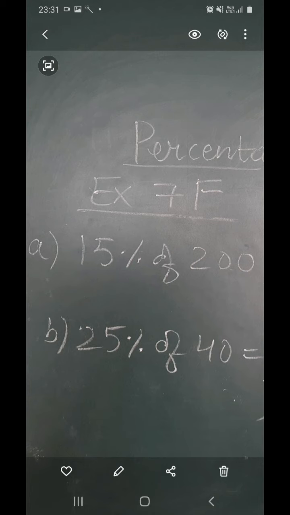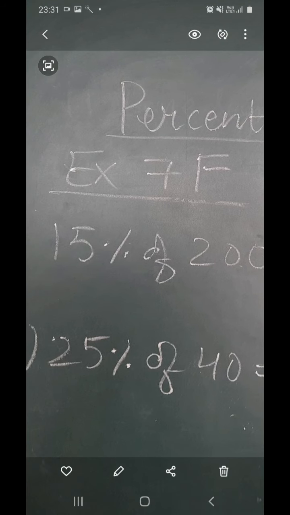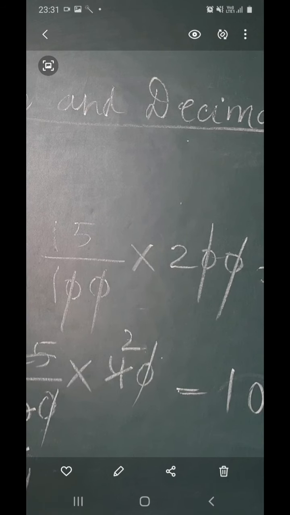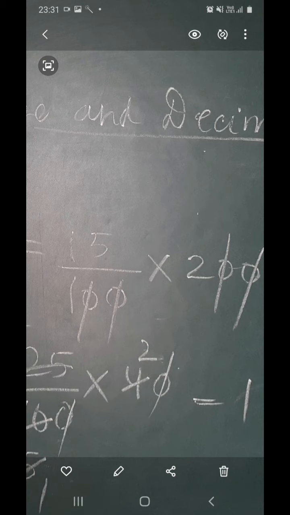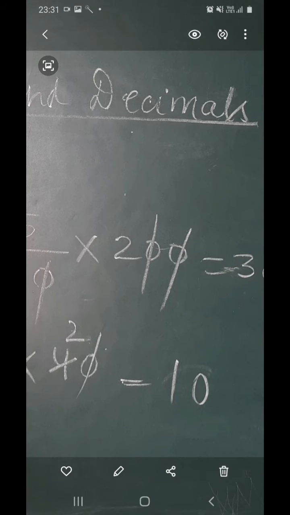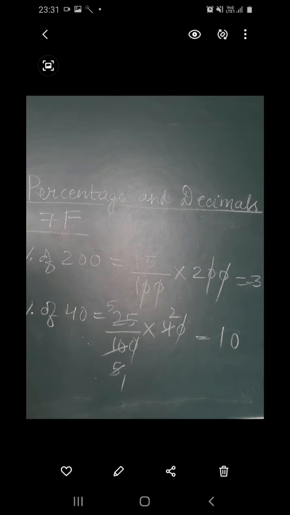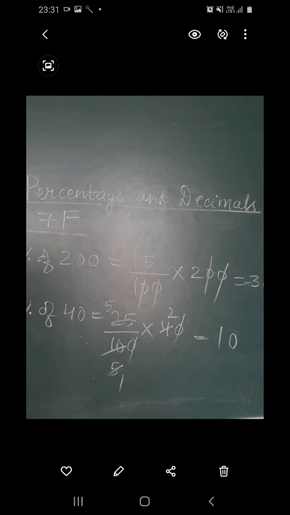So in the same way, it is written 15% of 200. So 15% will be written as 15 upon 100. Of means multiplication. So 15 upon 100 multiplied by 200. So two zeros will be cancelled from the numerator and the denominator. So as you all can see that I have cancelled the 0. Now 15 multiplied by 2 is 30. The final answer is 30 because 15 twos are 30. Okay students, the 0 has not come in the image, but the answer is 30 only. So kindly avoid that mistake.